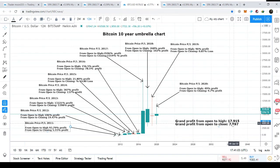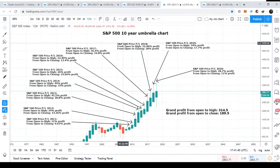For example, if you are buying the Bitcoin at the opening of the year and selling it at the highest price, then at the end of 10 years you would be at 17,915% profit. And if you do a simple practice, just buy the Bitcoin at the opening of the year and sell it at the end of the year, whatever the price is, then after 10 years you would be at 7,596%, a very big profit. Now let's move to the SPX or S&P 500 chart, the umbrella chart, and this is